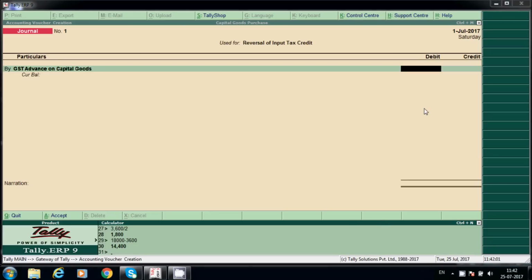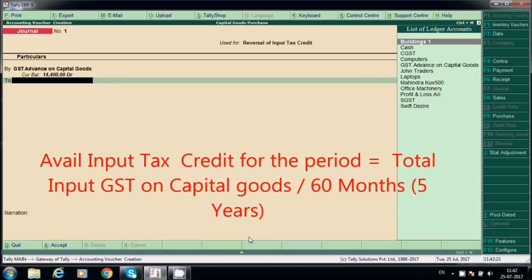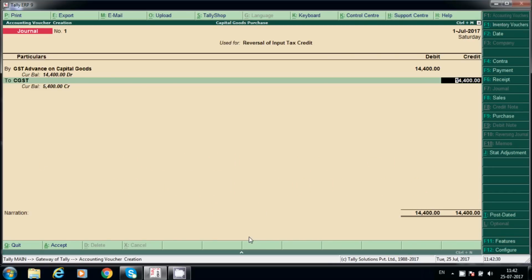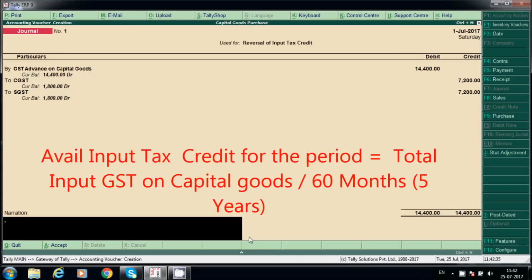Again we'll split this for CGST and SGST: 7,200 total for CGST, and again 7,200 for SGST, total 14,400.